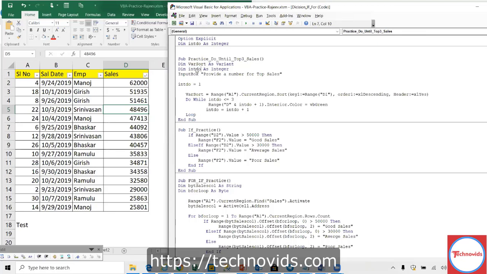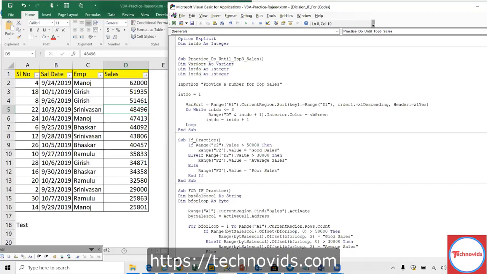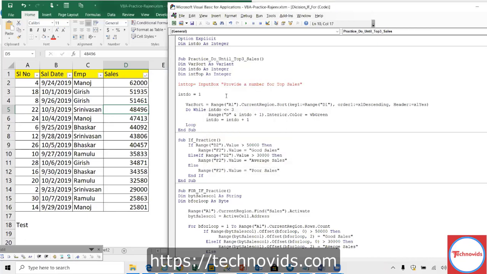No, I have to declare another variable, it won't work. I thought I would do it with only one variable. Int top. So it has to be within the bracket.